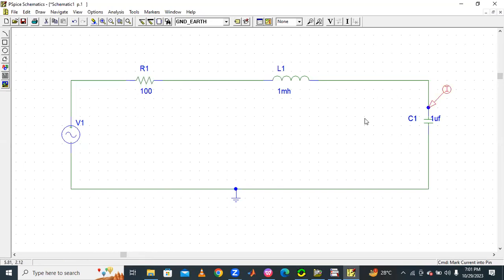So under resonance condition, what is the current? We can find by using simulation. By simulating, we can find what is the current under resonance condition. Okay, so that's why this is called sine waveform, sinusoidal input. So go to analysis,